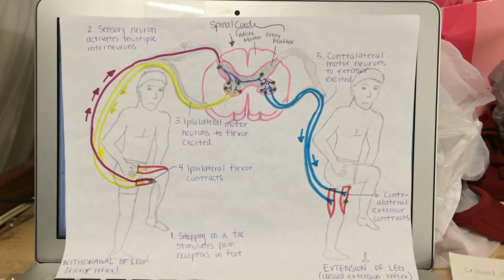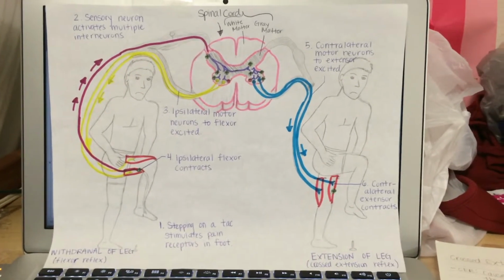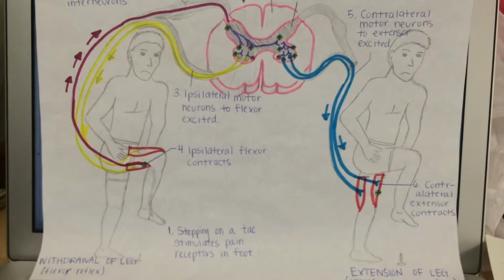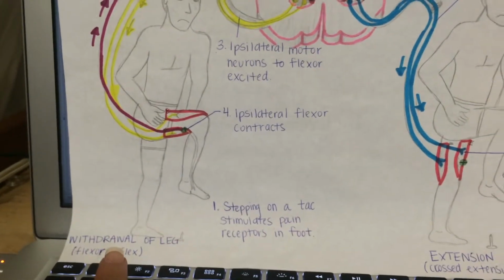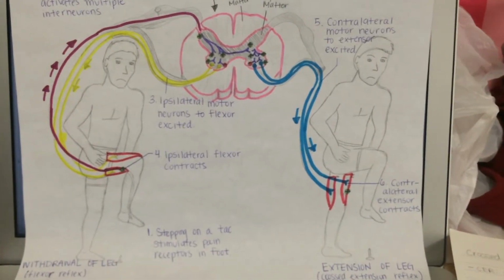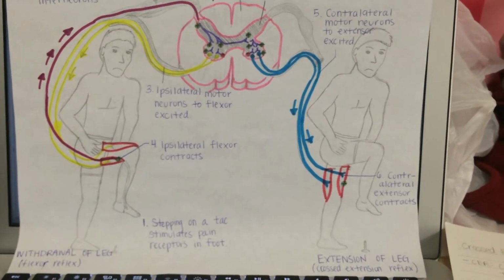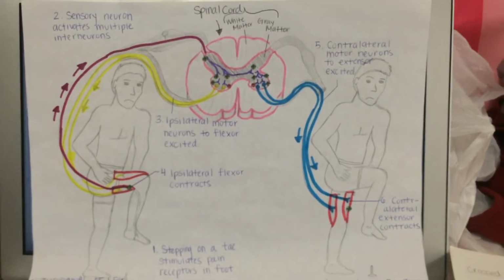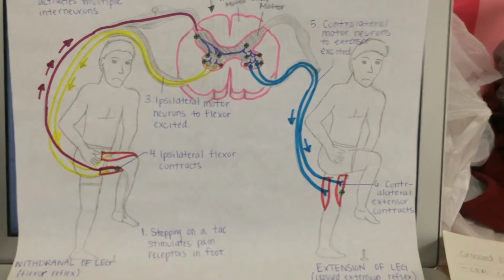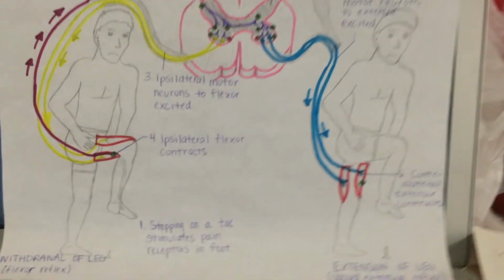Cross-extension reflex causes contractions of muscles that extend joints in the limb opposite of a painful stimulus. On the left of this diagram is the withdrawal reflex. It is ipsilateral, meaning that it affects both receptors and effectors on the same side of the body. Cross-extension reflex begins when some type of stimulus triggers a pain receptor and propagates an action potential down the axon